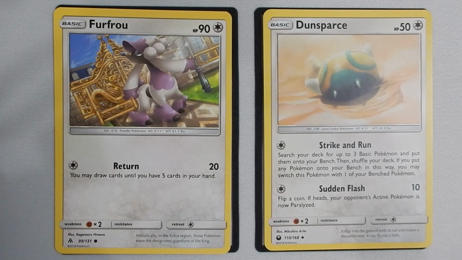Oranguru is another good option. If you have Manectric or Electrike, pulling the other one out. I guess if you have Manectric, pulling Electrike out is a pretty good option. So there are some ways to use Dunsparce here to really get things rolling early on. Now, if you're second player,